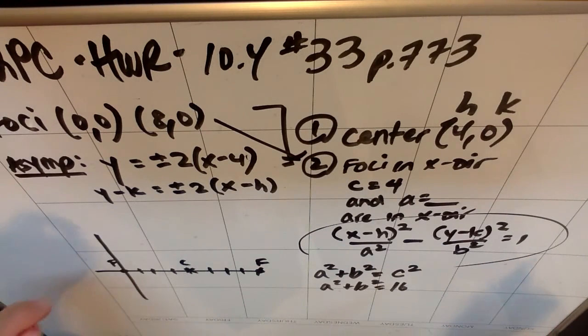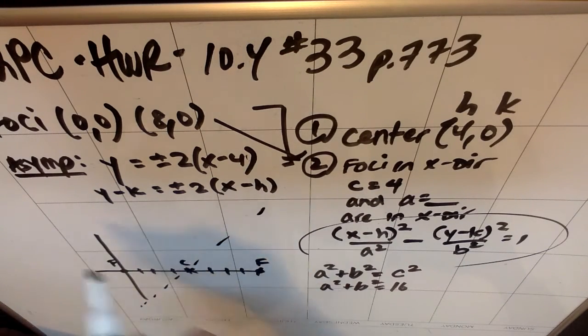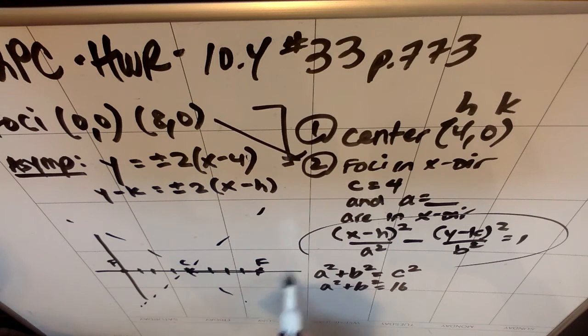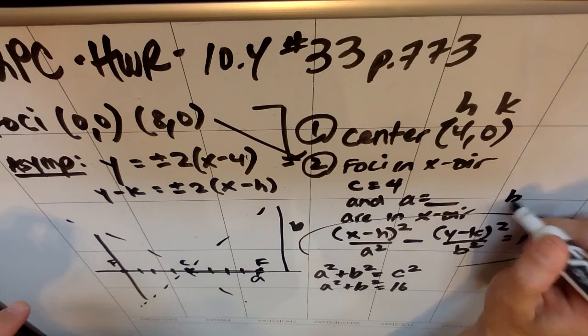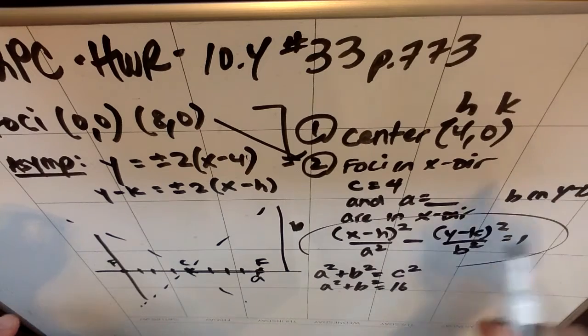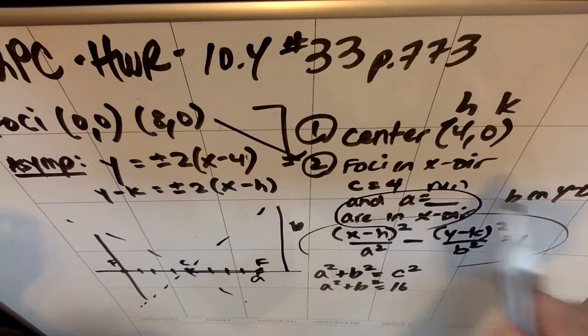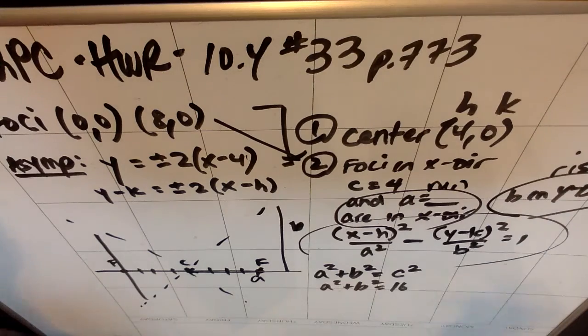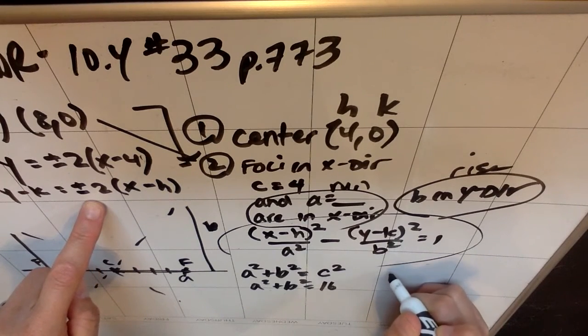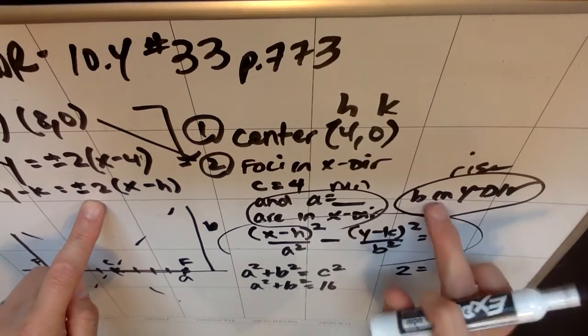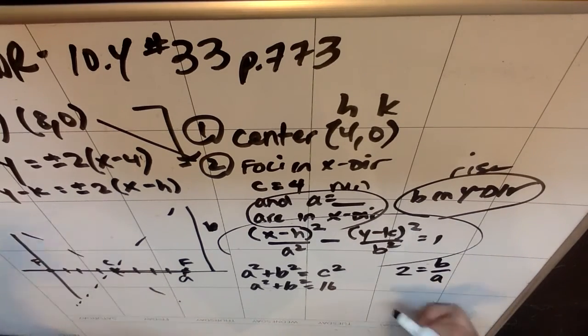So here's the other relationship that you need. Whatever the asymptotes are doing, they're going to go over a units and up b units, because a is in the x direction, which means b is in the y direction. So what's important here is that a is your run and b is your rise, because it matters which one is in the x direction and which one's in the y direction. So this slope, which is 2, doesn't matter if it's plus or minus, that rise over run, which is 2, has to be b over a. Now that I know that 2a is b,